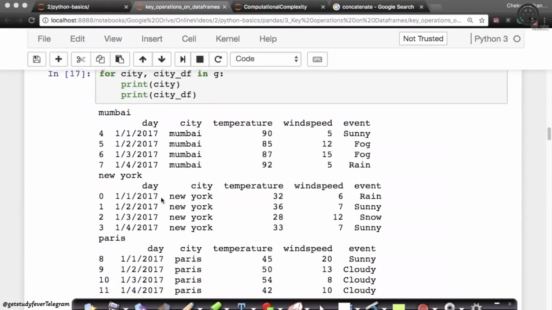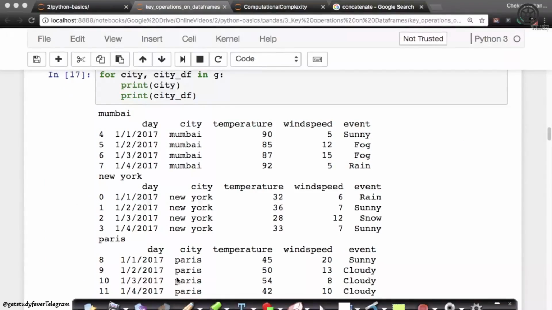Now, when I do group by, those row numbers, so these indices, for example, this is a new data frame, right? This data frame corresponds to the city of Mumbai. But if you look at the indices, the plural of index is indices, not indexes.